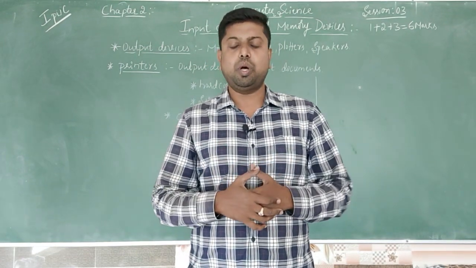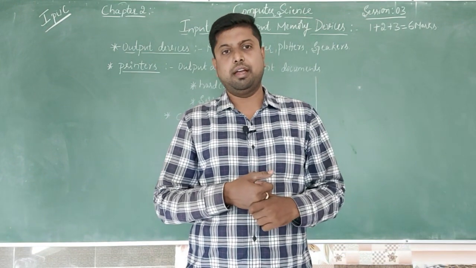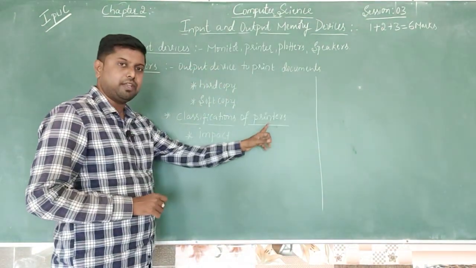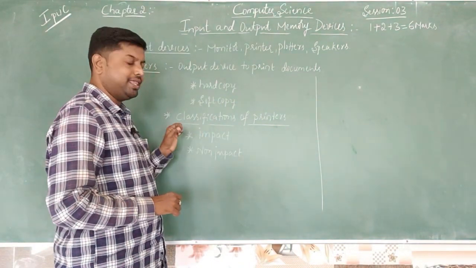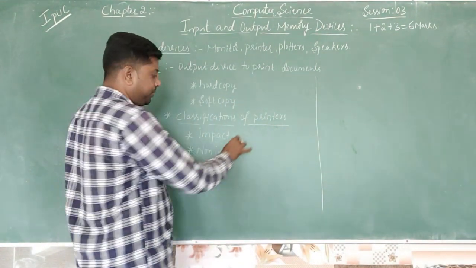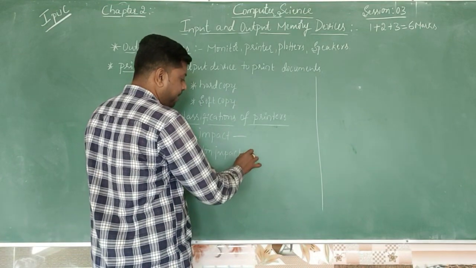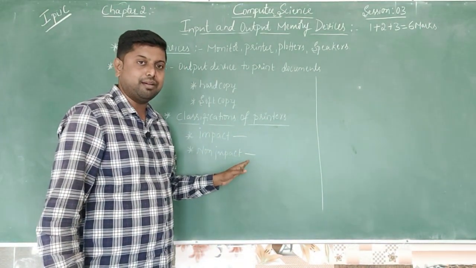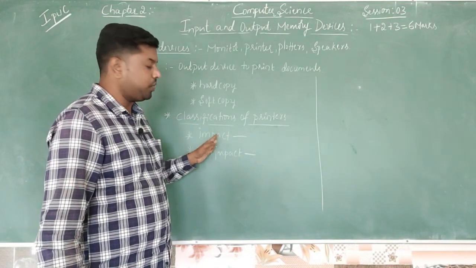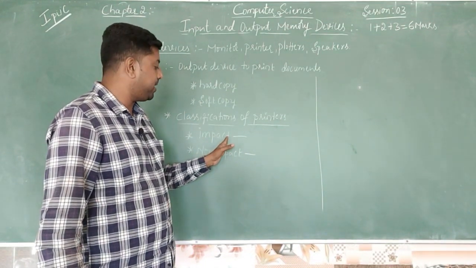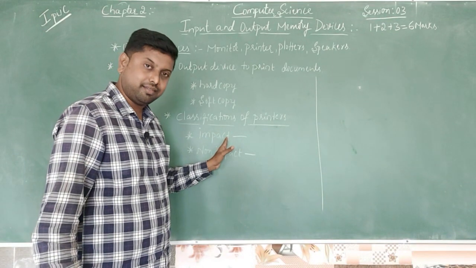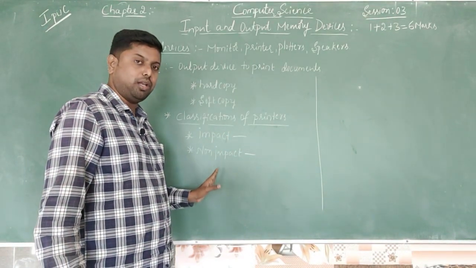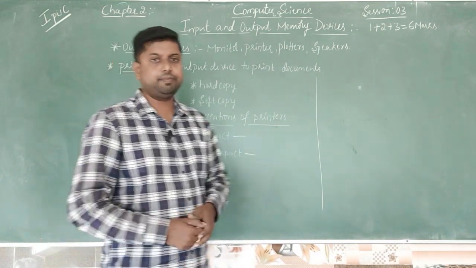Then let us move to the classifications of the printer, dear students. So the next concept is classifications of the printers. In the printer also we have two categories. One is impact printer, second one is non-impact printer. Then what will be the definition of the impact printer? What are all its characteristics? And what are the non-impact printers and what are all their characteristics? Let's discuss. See, dear students,